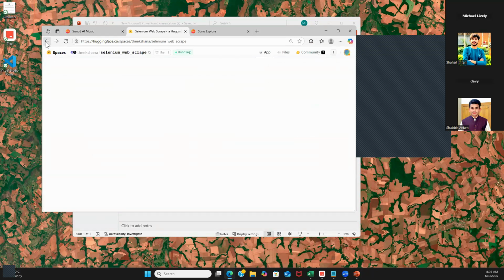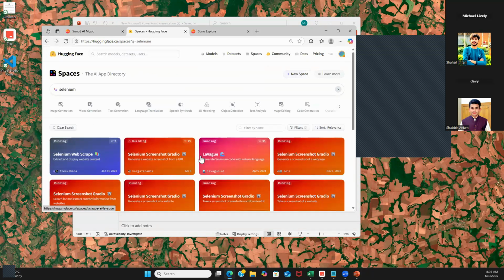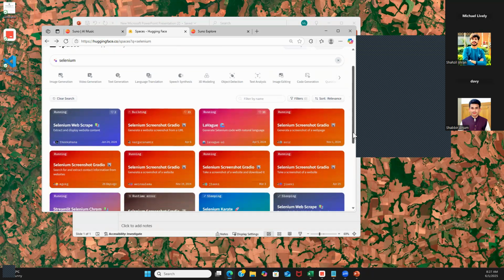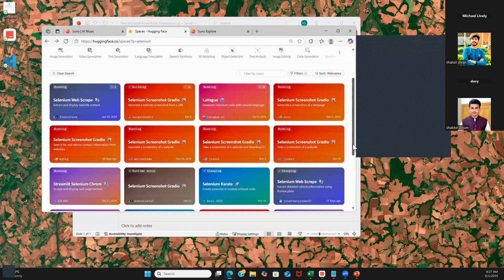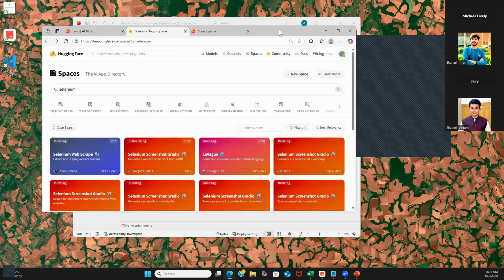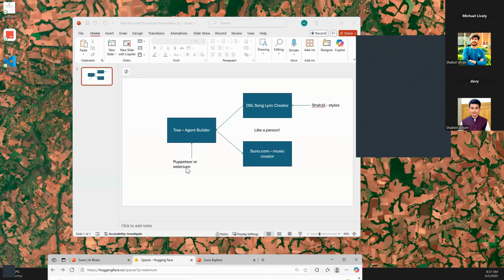So this is going to be a challenge, whether we use Puppeteer or Selenium. The thing about Selenium is you can do it in Python, and the music creator application is in Python, so we'd be in one language.